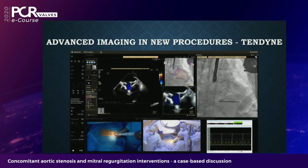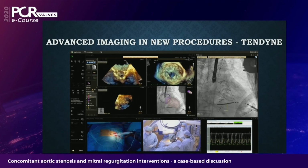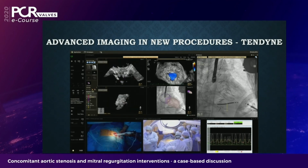Of course, we can add some adjustment to be sure there is no paravalvular leak, and then we can do all our check with this very nice in-phase view of the Tendyne. So in this case, the result was pretty good, and the deployment by itself took something like 5 minutes. Of course, what is very long in this kind of procedure is the beginning and the end of the procedure with the surgical access, but with these different fusion tools and in this kind of hybrid room, it's very comfortable